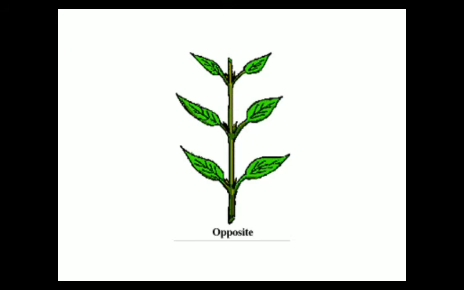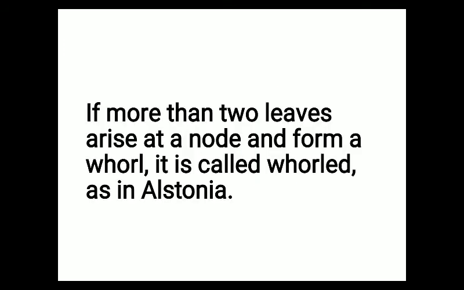Now we'll discuss the third and last type of phyllotaxy, which is whorled phyllotaxy. If more than two leaves arise at a node and form a whorl, it is called whorled phyllotaxy, and it is seen in Alstonia. So in whorled phyllotaxy, what we are observing is that from a single node